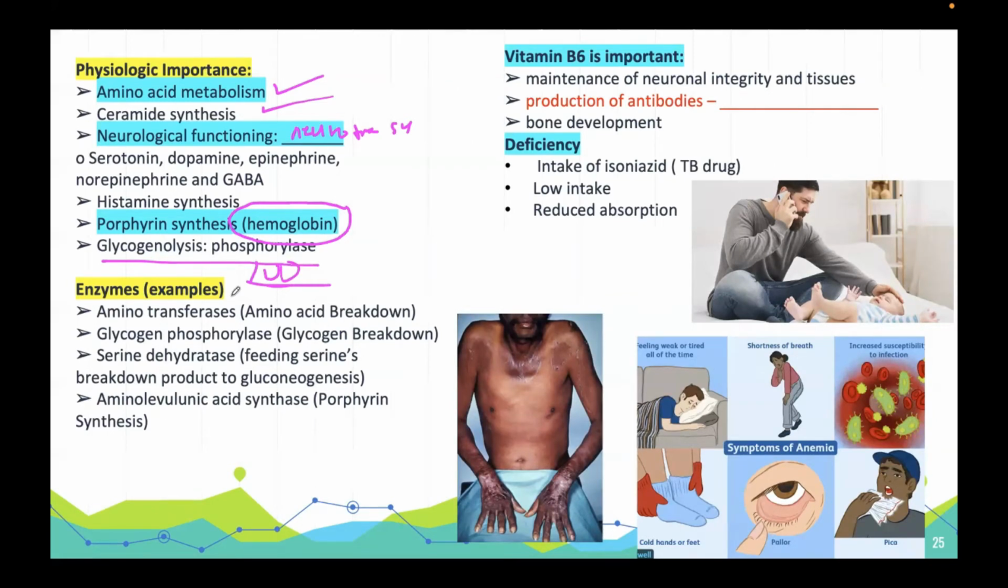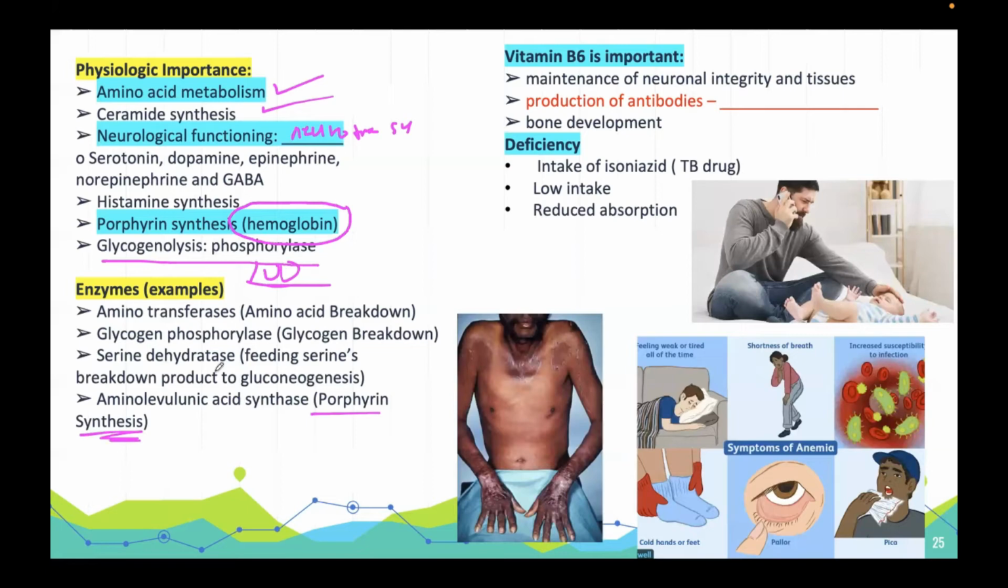We have your aminotransferases, mainly involved for the amino acid breakdown, your glycogen phosphorylase, involved for the glycogen breakdown, serine dehydratase, okay? And then so on and so forth. So important din po siya sa porphyrin synthesis. Okay? Your vitamin B6 is important because it